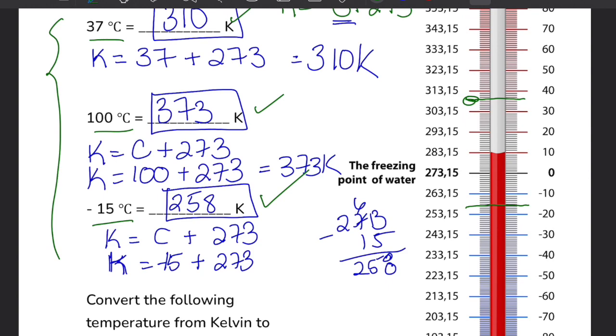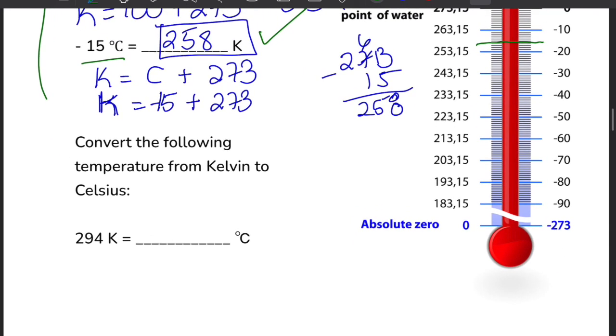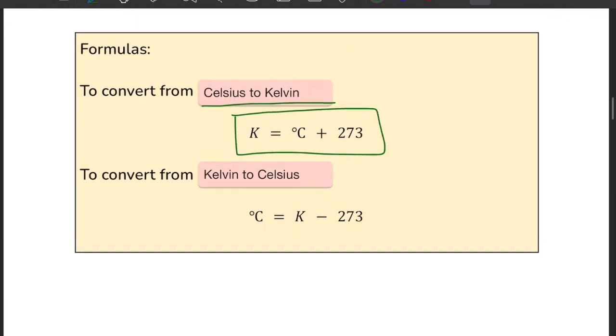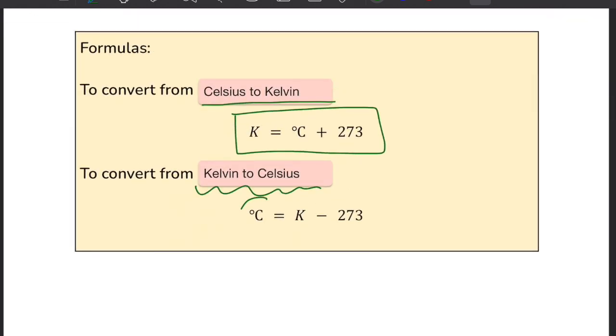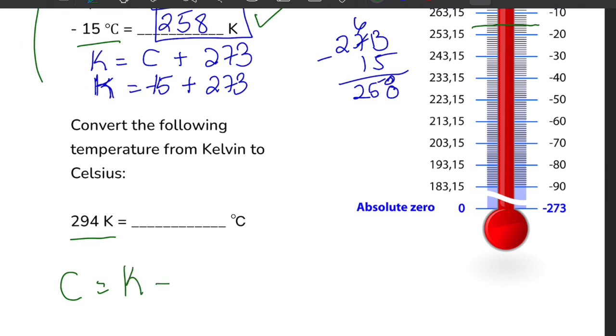All right, let's continue. Now, the next question here, we are asked to convert from Kelvin to Celsius now. Okay, so we're given the temperature in Kelvin, we want it in Celsius. So let's go up to our formula. Kelvin to Celsius is right here, and this is the formula. I'm going to write it down at the bottom. Okay, so Celsius equals Kelvin minus 273. Okay, now I know the degree in Kelvin, that's 294, minus 273. What is that in Celsius? That is going to be